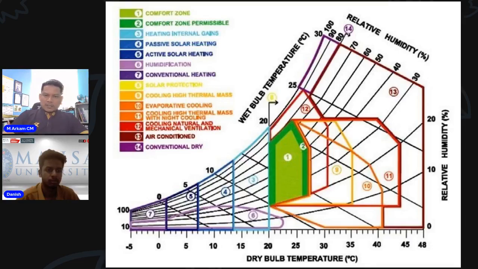So that is where we can understand our building when we map everything, what are actually the active strategies required for the building when talking about human comfort in terms of temperature comfort or thermal comfort. So this chart is explaining or summarizing the temperature in terms of thermal comfort for the building. For example, the 14 there is talking about conventional drying. It's too wet there, so we need to go for some drier process to make our environment go back to number one. Back to number one.